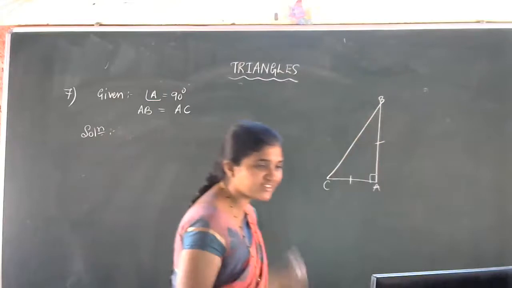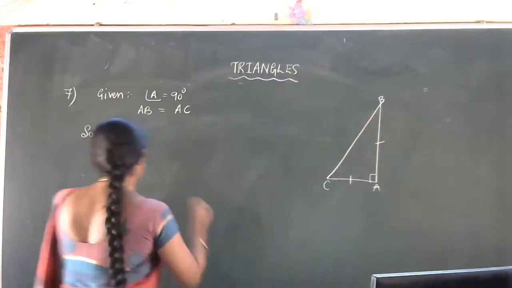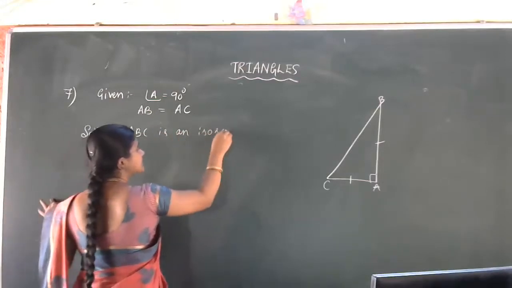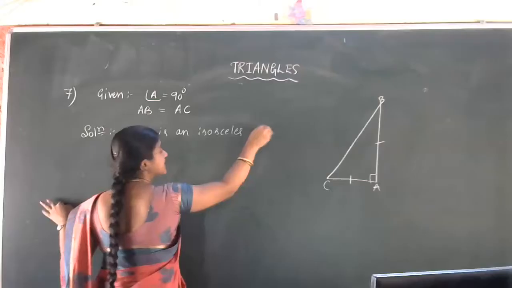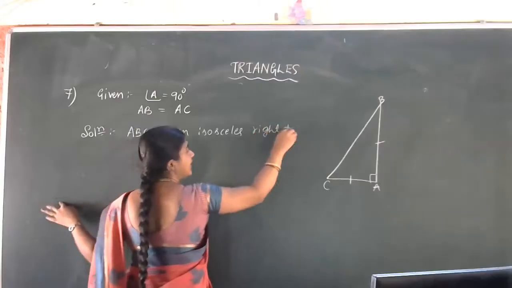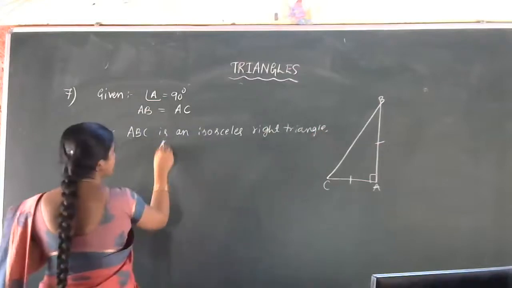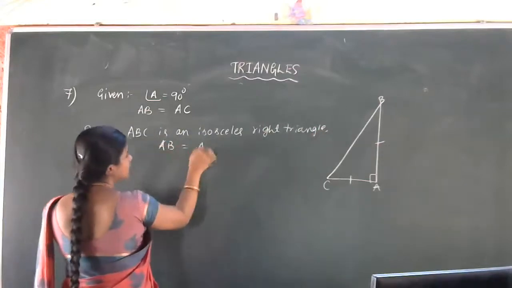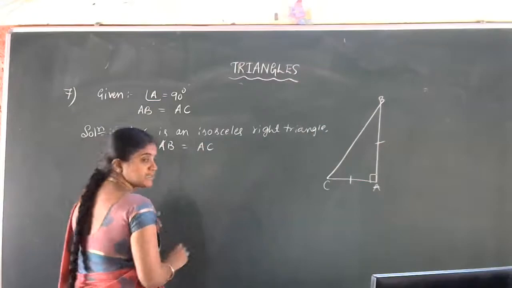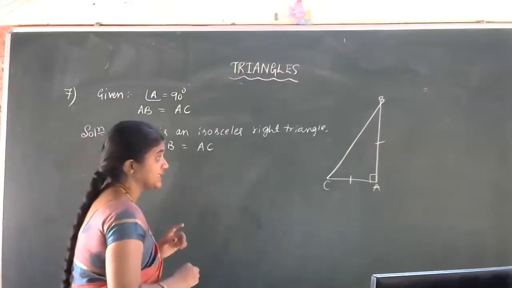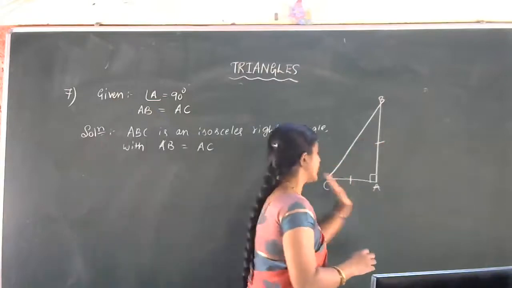And let us work out the last problem of this second exercise of the triangles topic. Okay, so shall we discuss the last question of this topic? Yes, we are discussing the last, eighth problem. Show that, simple question, show that the angles of an equilateral triangle are 60 degrees each.